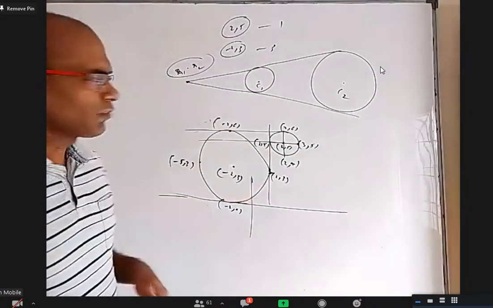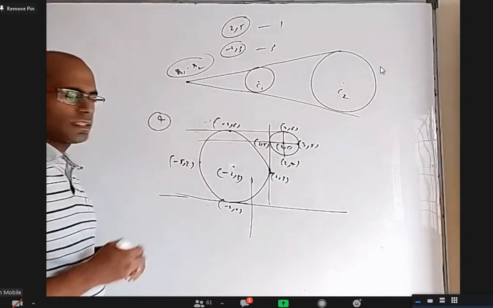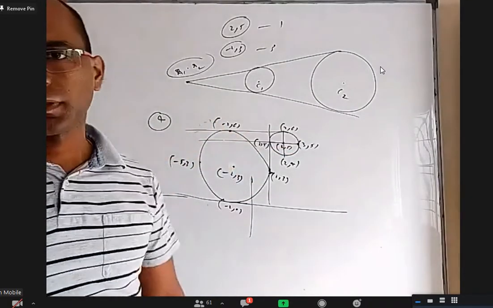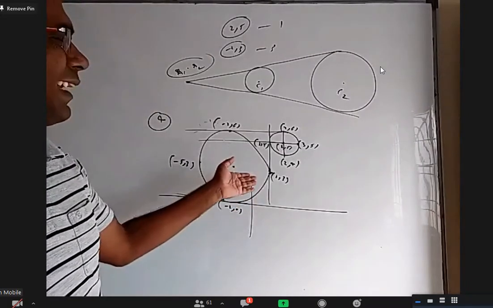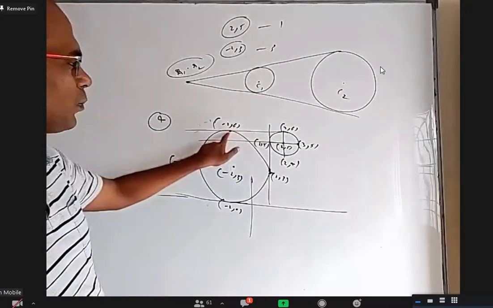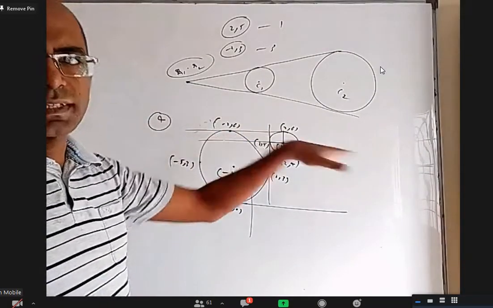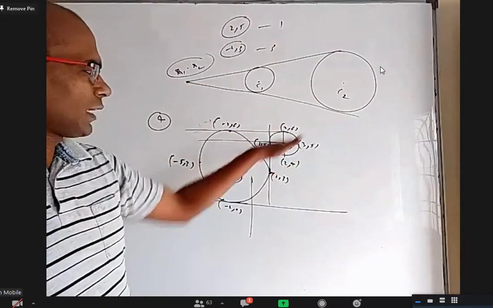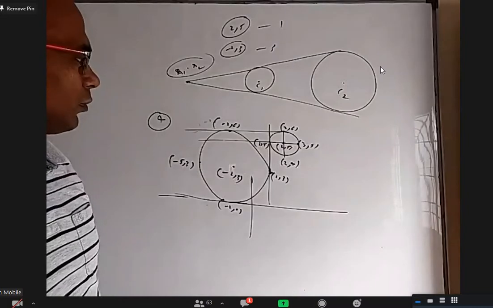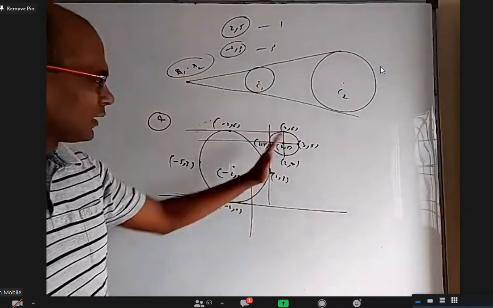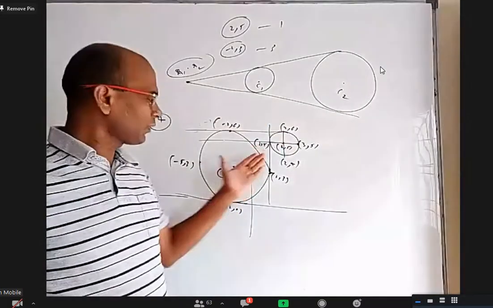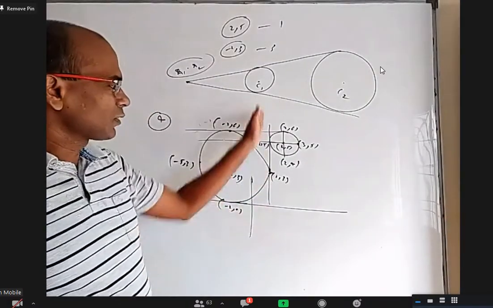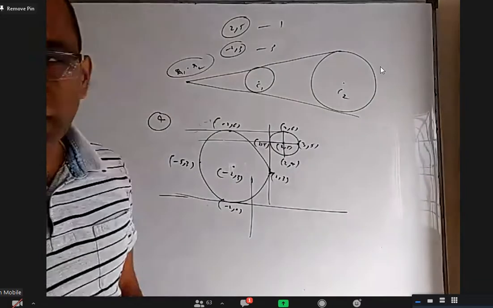They did not ask in the fourth question about direct common tangents, but if they would ask, you would have got one line as y equal to 6 only. Why? Here it so luckily happened that the topmost points of both circles have the same y coordinate, so they have the same horizontal line. So this is y equal to 6. There is one more direct common tangent, but I am not interested in it. But look at the transverse common tangent. The leftmost point of this is (1, 5). The rightmost point of this is (1, 3). You can see x equal to 1 is touching both of them, which is a vertical line and doesn't have any slope.